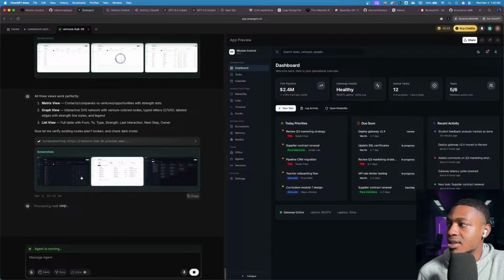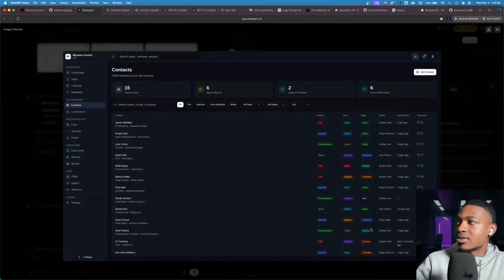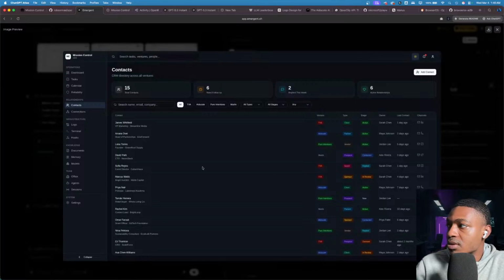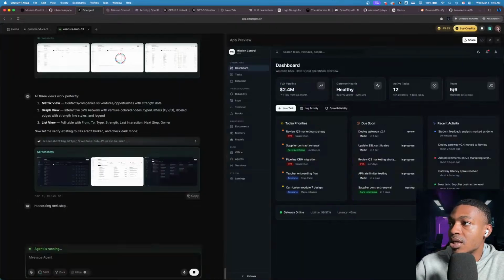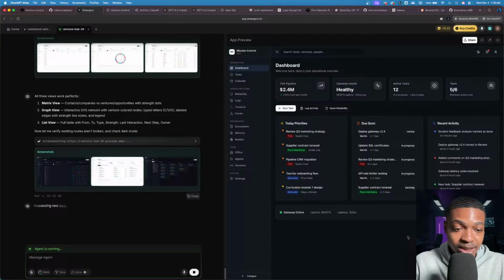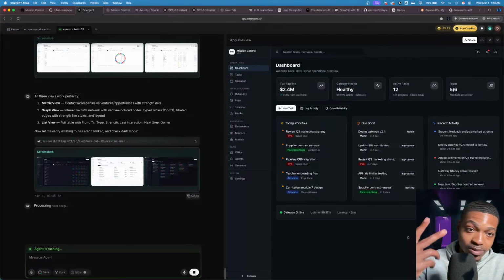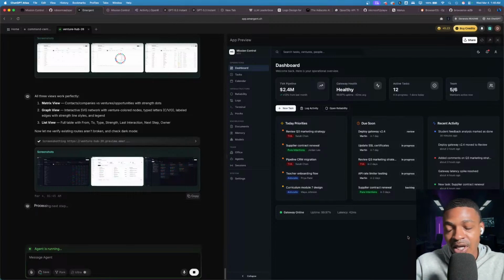So I'm going to get it to redo it and change the connections, because I want my connections to show all of the connected apps that I have, like Gmail, Google Drive, Google Calendar, all that type of stuff,